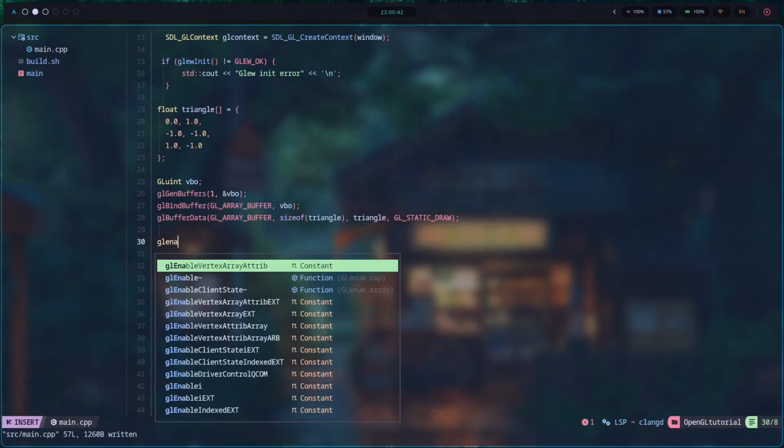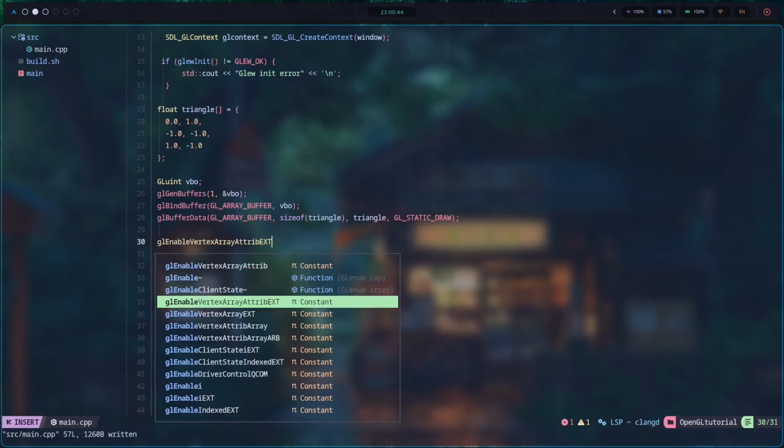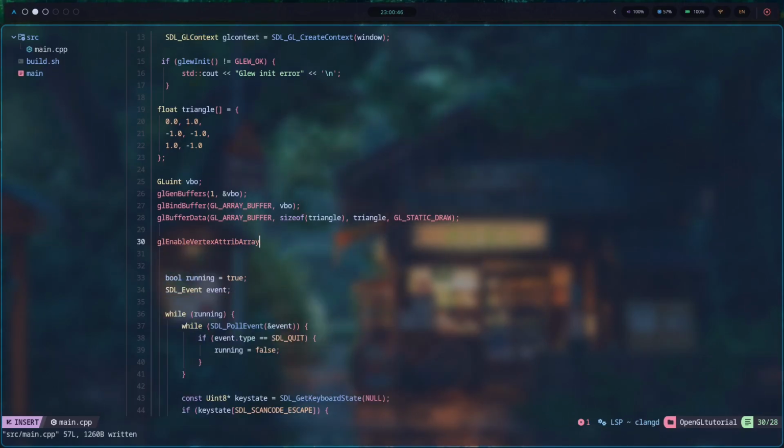GL enable. What was that called? Here it is. So what it is, glEnableVertexAttribArray is an array of attributes for an object that will be drawn. This 0 is just used for a vertex transform, vertex coordinates, and the first will be used